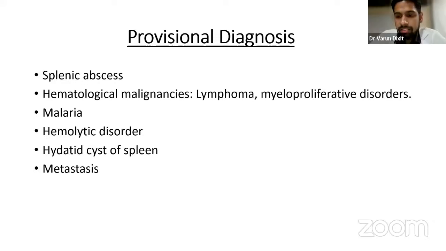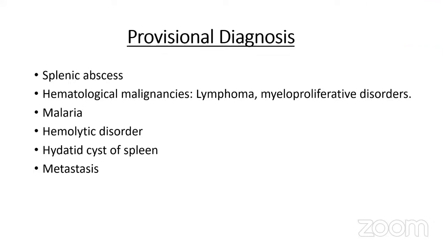If the spleen is enlarged, then we can see it on clinical examination. There are so many causes for tender splenomegaly. There may be infective causes, so many other causes. Why did you keep splenic abscess only in patients with tender splenomegaly, where you are clearly able to make out spleen? You are saying you were able to make out this is tender spleen. It is not stomach, it is not pancreas, it is not any other organ. Why did you keep splenic abscess as first diagnosis? Because she was having a history of complaints of fever with chills and rigor.